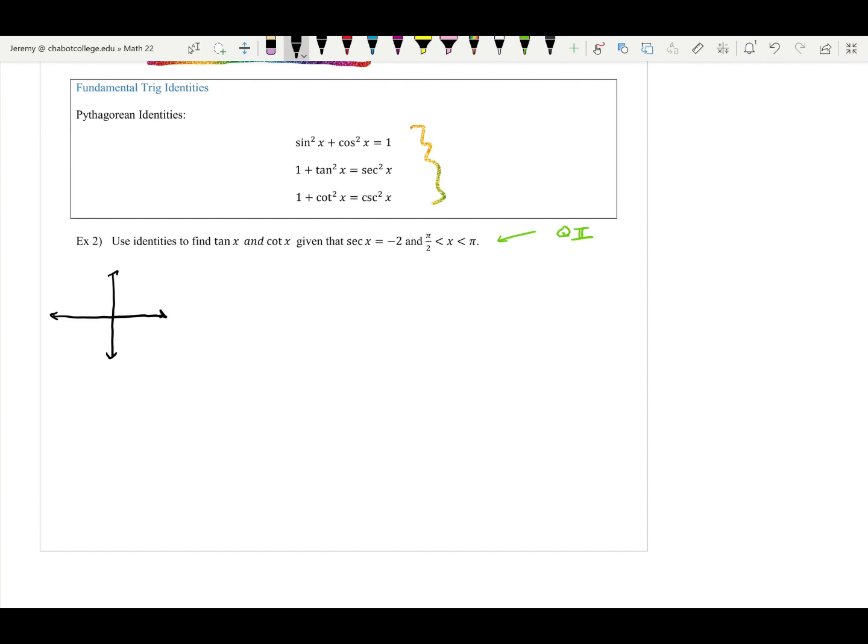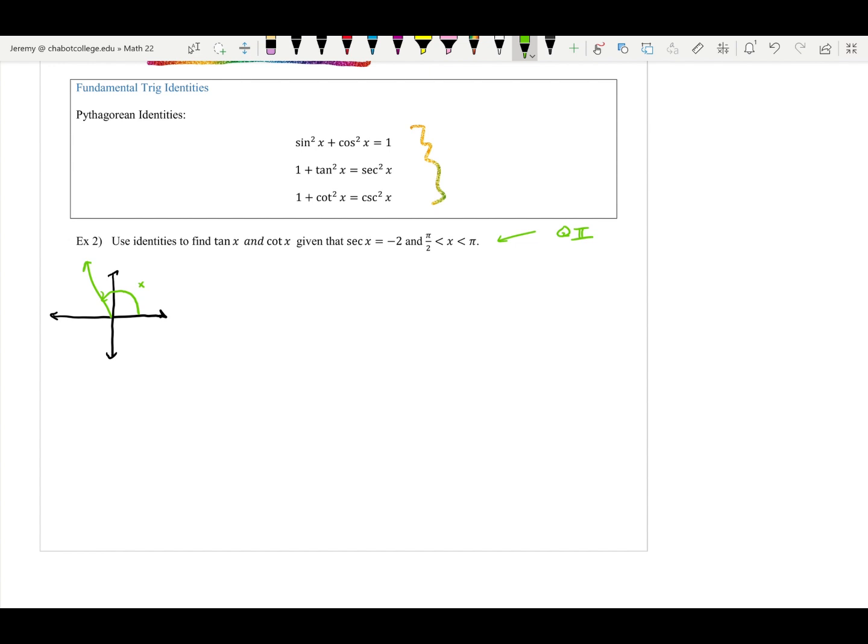I'll draw a little picture. I know that this angle is in the second quadrant. I don't know exactly what it is, so I'm not going to draw this to scale. I'm just going to sort of draw an angle in there. Okay. So here is my angle x. My angle x is that angle. All right. And what I want to know is what is tangent of that angle x, what is cotangent of